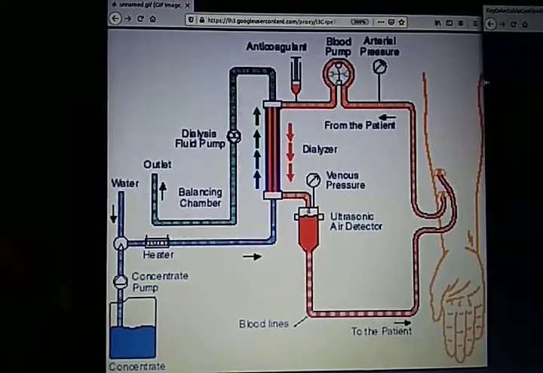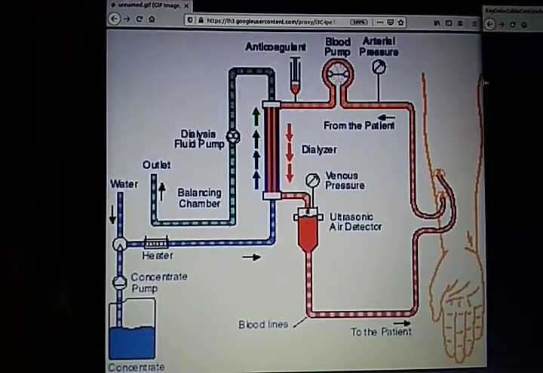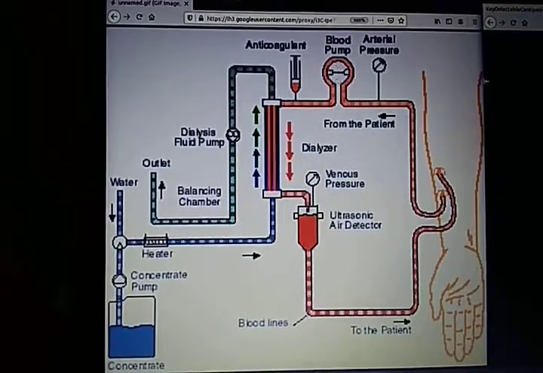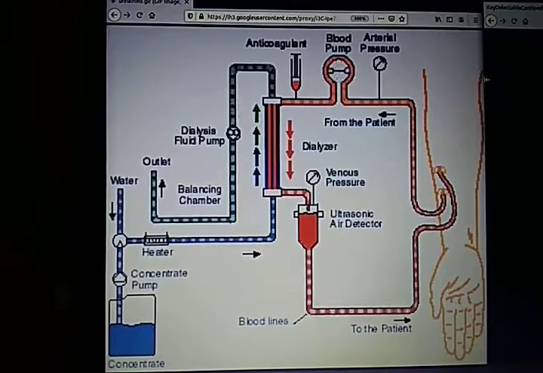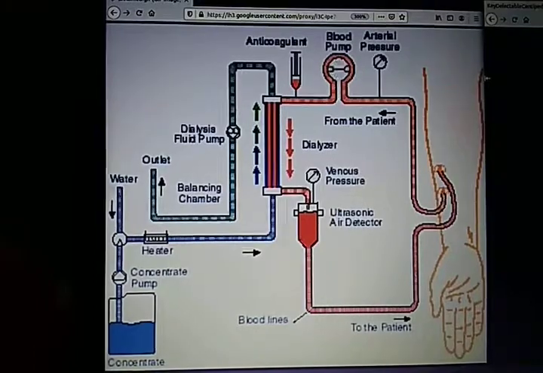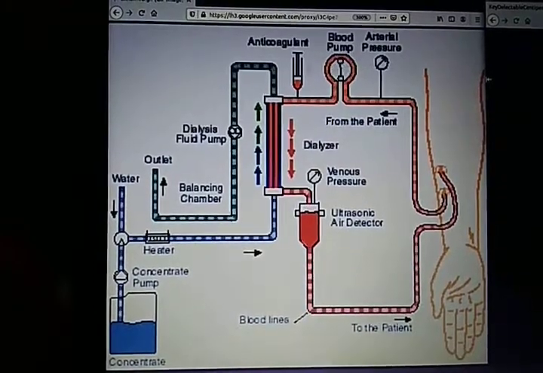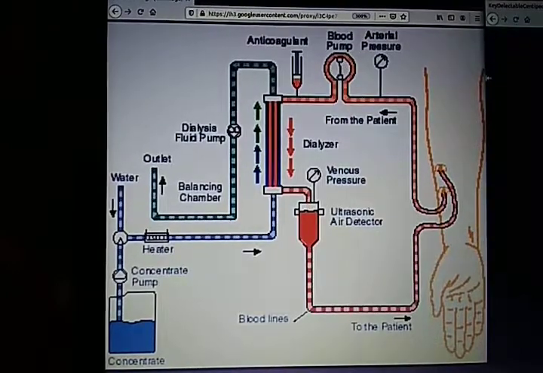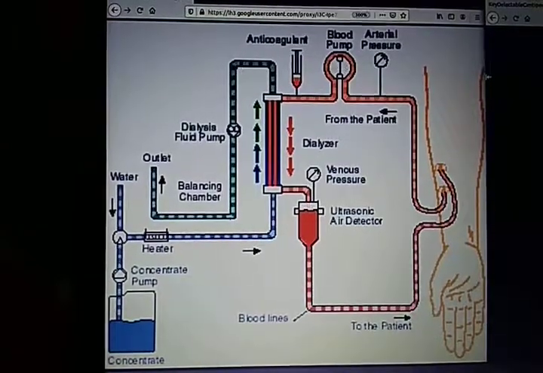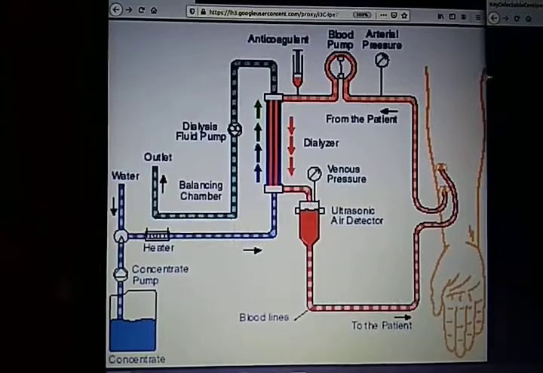there are only two options. The first option is hemodialysis and the second option is surgery. Hemodialysis is a process in which the blood from the body of the patient is taken out and the nitrogenous waste from that blood is extracted. After that, the purified blood is allowed to enter the patient's body.